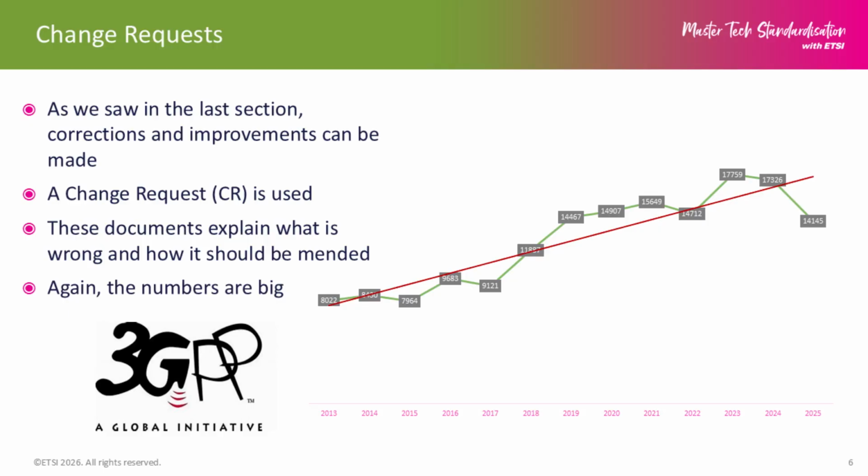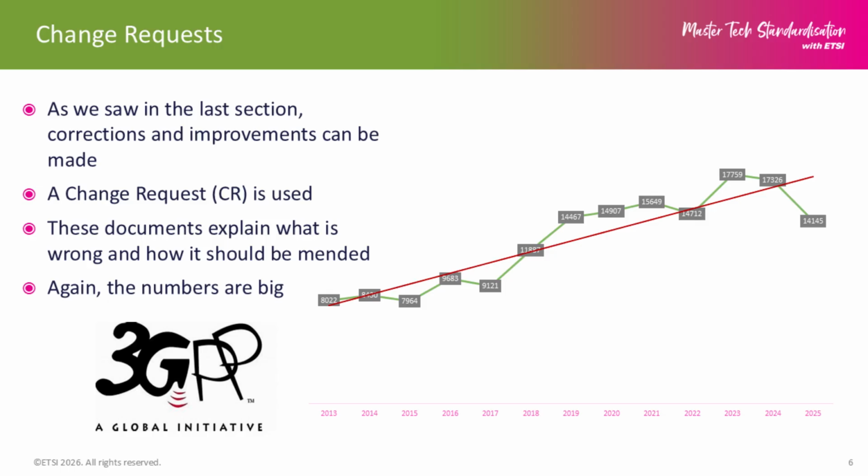One thing to note is that we saw in the previous module about the version numbers, and I mentioned about corrections. Sometimes the specifications aren't necessarily correct. Sometimes we write the specifications before we've actually implemented them. And when we're implementing things, we find faults. Because of the large number of pages in the specifications, it's hardly surprising there's a large number of corrections.